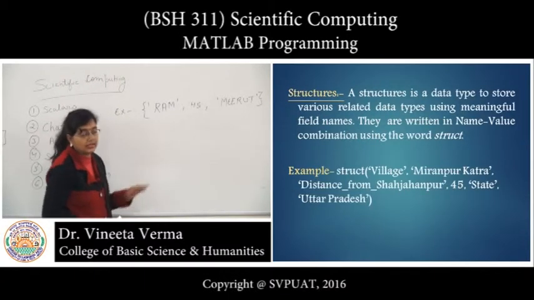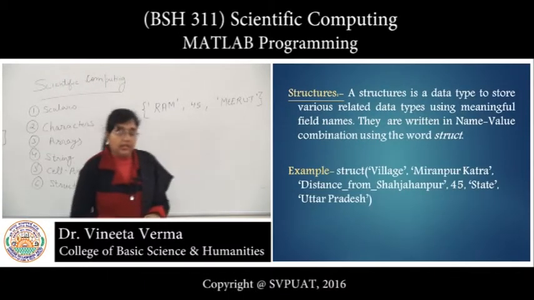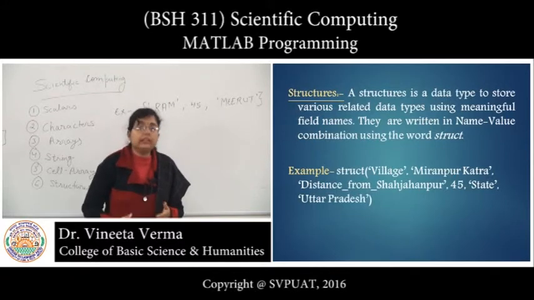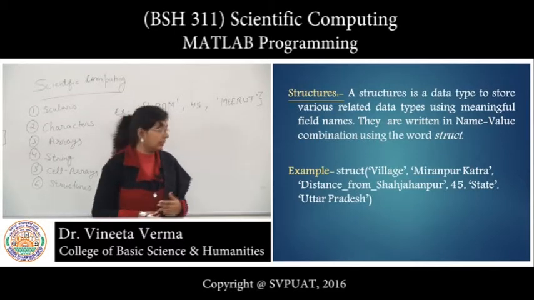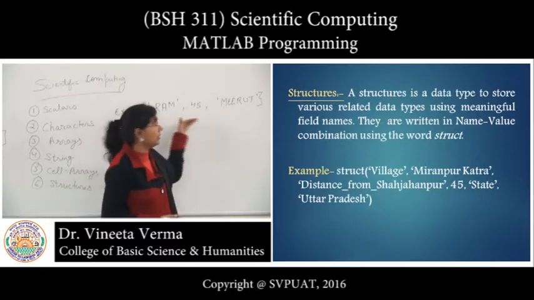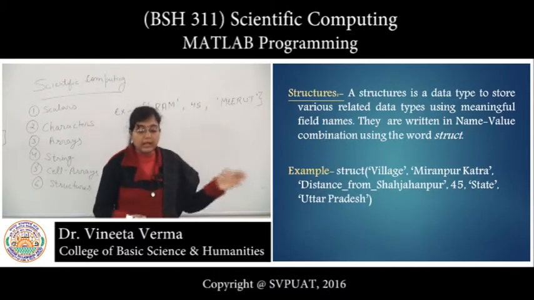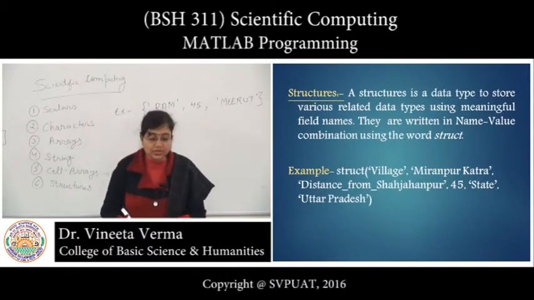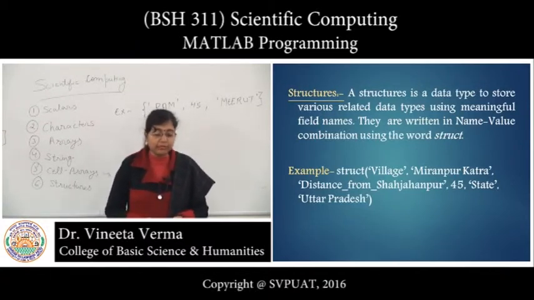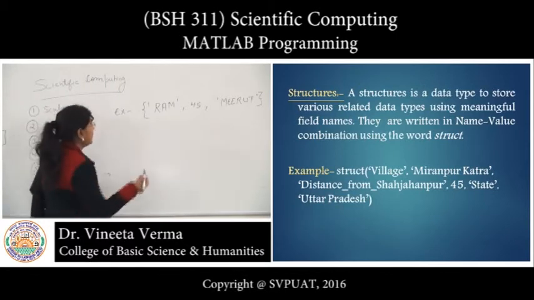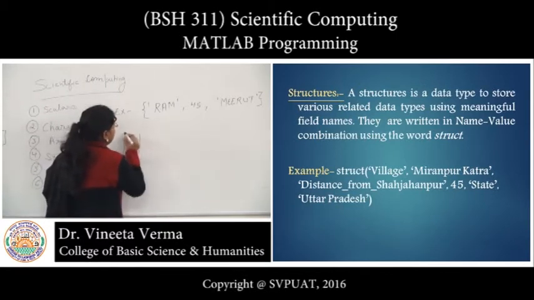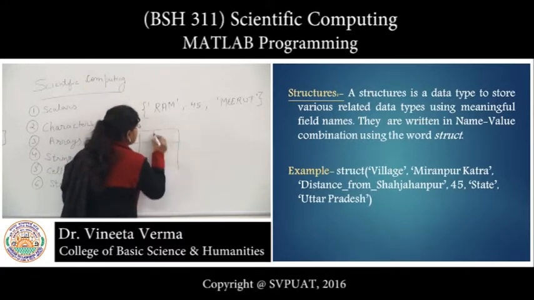Now structures. Structures is a very convenient data type because, like a cell array, we can take a combination of both, but a structure is a data type to store various related data using meaningful field names. Field names means, suppose we are creating a table, so we will give some column names.